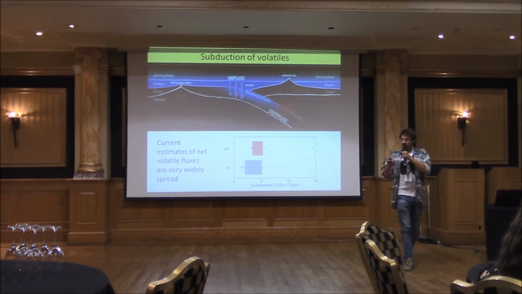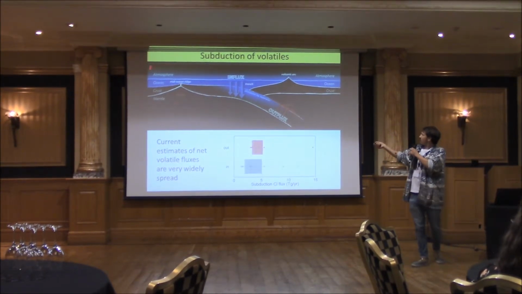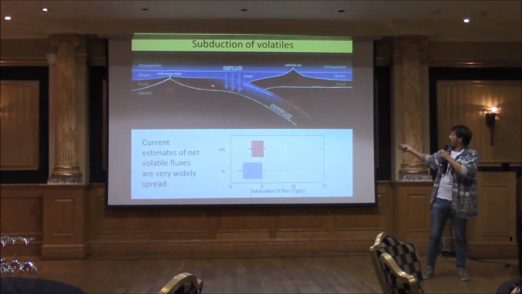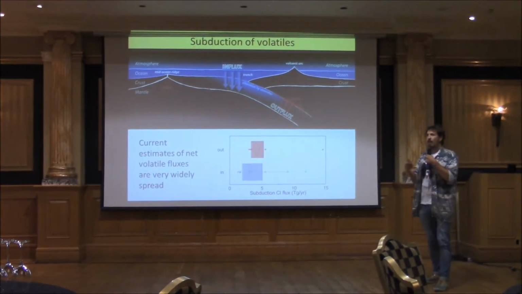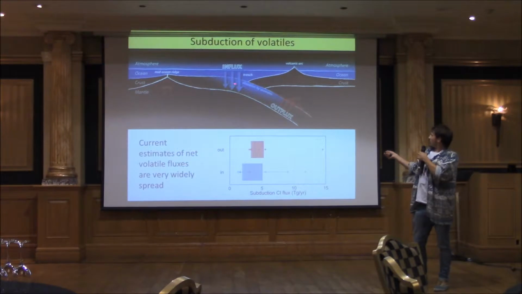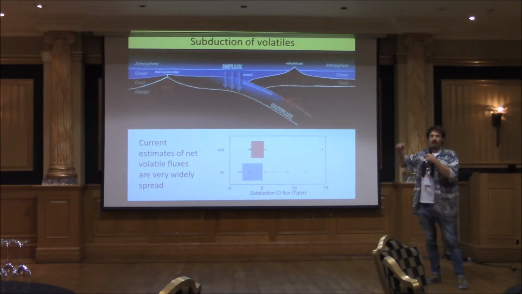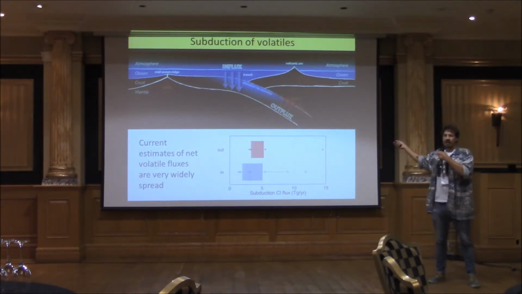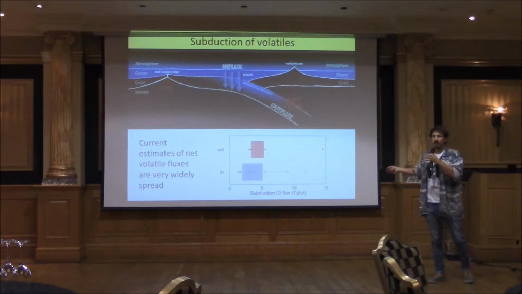So this is what we understand to be the structure of the Earth. Oceanic crust is formed at a mid-ocean ridge where the mantle melts, and this travels very slowly over hundreds of millions of years along the ocean floor, where it's altered by seawater. So that brings in volatiles from the atmosphere and from seawater that are incorporated into that plate. And eventually, say at the edge of the Pacific on the Ring of Fire, that starts to go down into